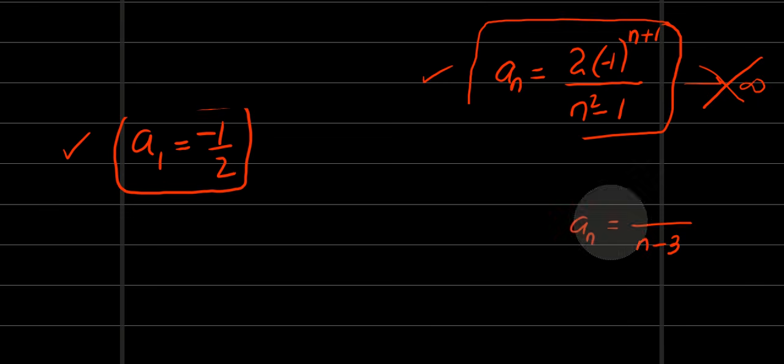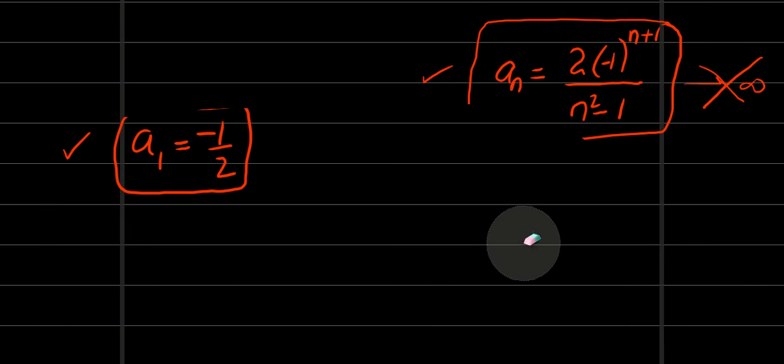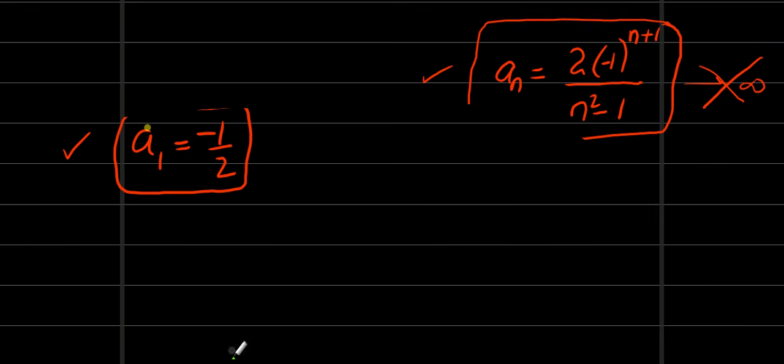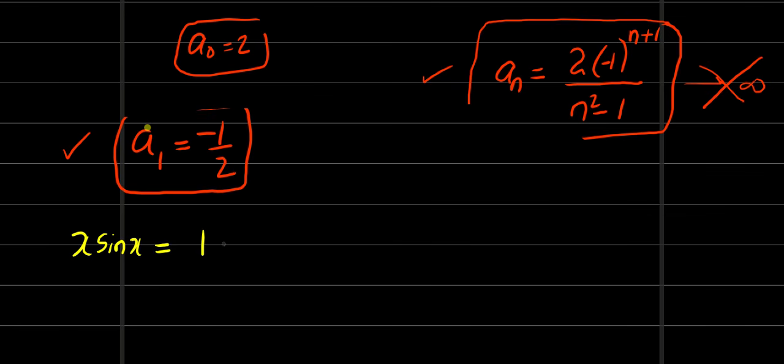That means you have to find a3 just as I found a1 here. Okay, so let's go back and write it in equation 1. I just want one more value. Where is that? Yeah, a0 equal to 2. So by equation 1, x into sine x is equal to a0 by 2. So 2 by 2 is 1 plus,